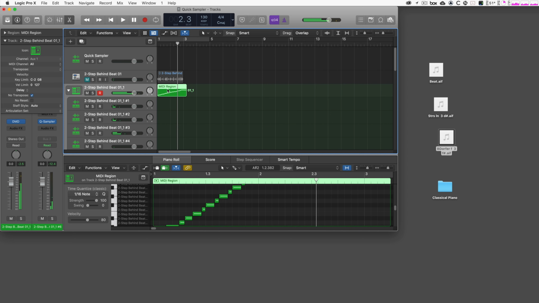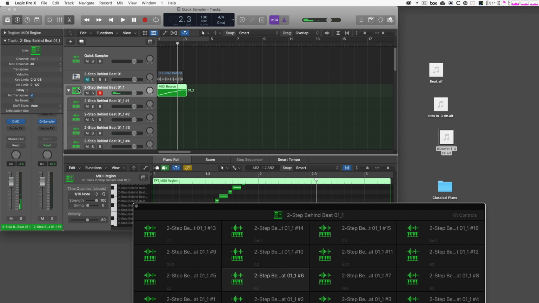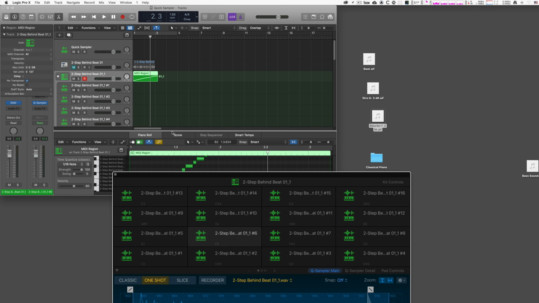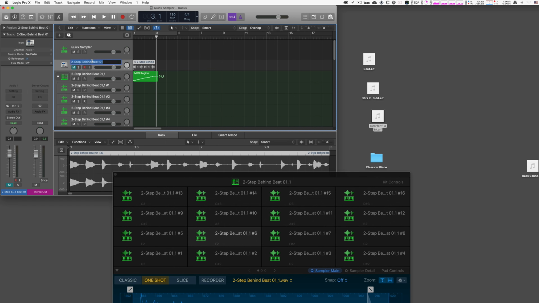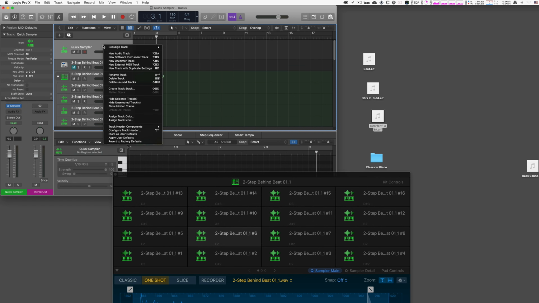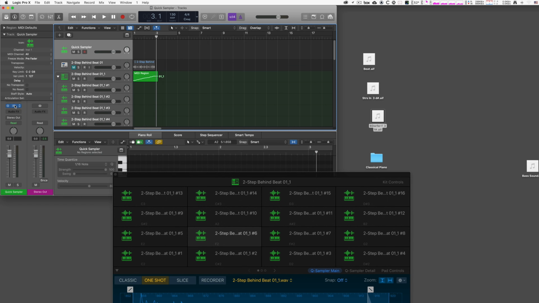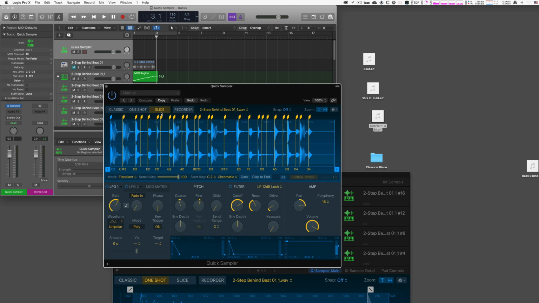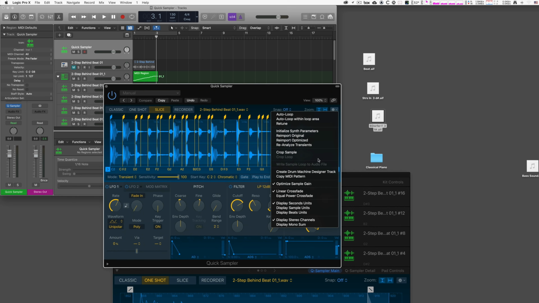That is the MIDI region playing, triggering the Drum Machine Designer. As you can see, the individual pads. Super quick, super simple. Drag a drum beat into the Quick Sampler, use the slice mode, create Drum Machine Designer track, and it creates all the stuff for you,